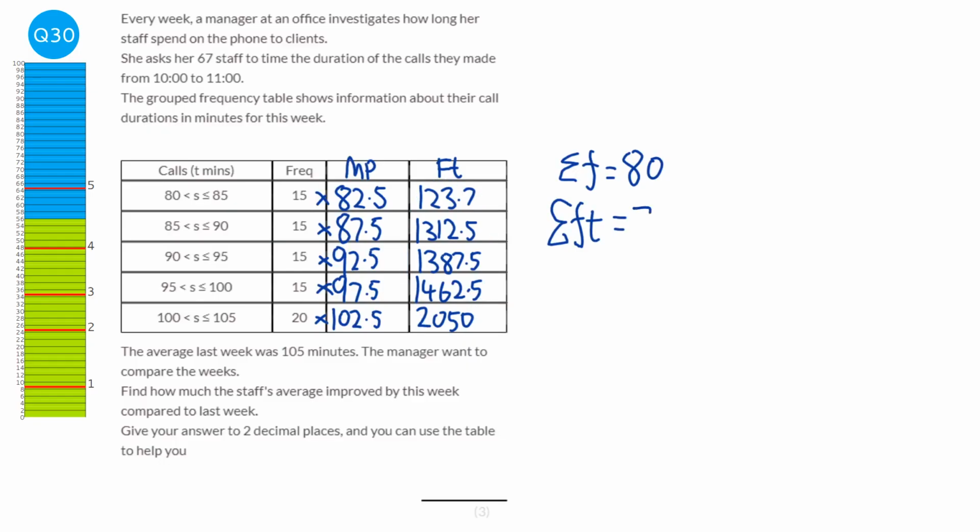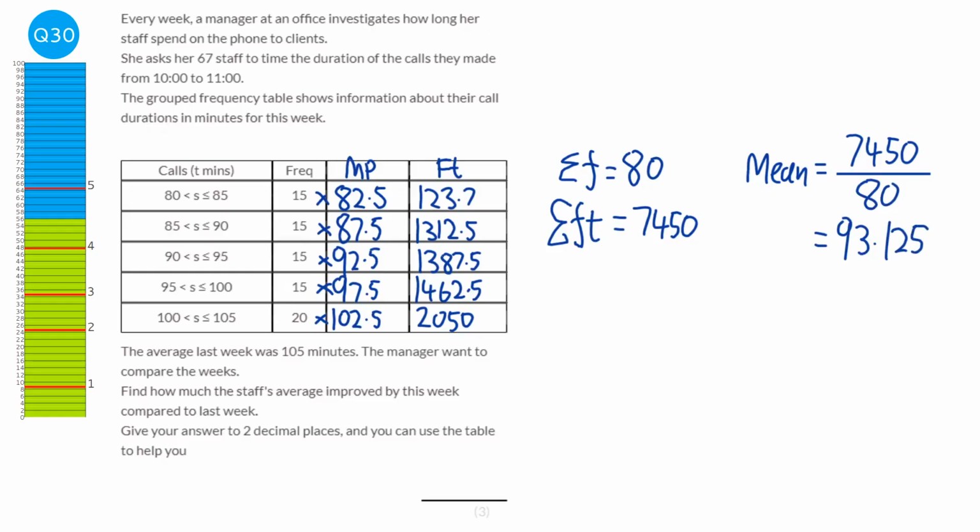And so that would be 7,450. So what this column represents is all the numbers added up together. This column represents how many numbers we have. So to find the mean, it's all of the numbers added together, which will be 7,450, over the amount of numbers we have, which is 80. So when you do that, we get